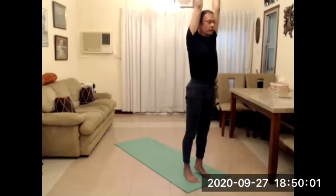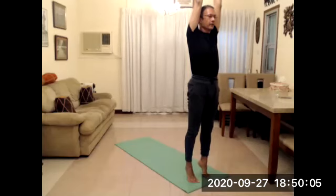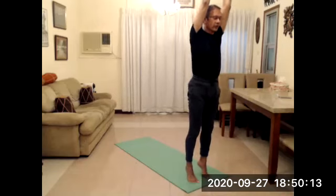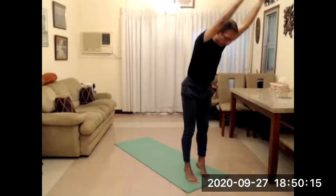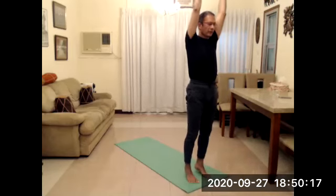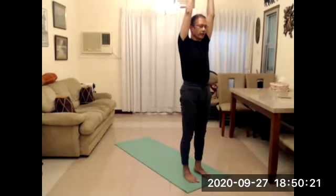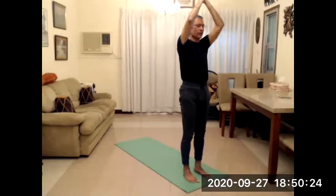And then get onto your tippy toes. Raise your heels up as high as you can. While you're here, see if you want to gently start closing your eyes and see if you can hold the steadiness with your eyes closed. If you can't, like I'm obviously finding it very challenging, maybe open one eyelid a bit so you peep, you cheat a bit. When you're ready, drop your heels down, get your palms in front of your heart,